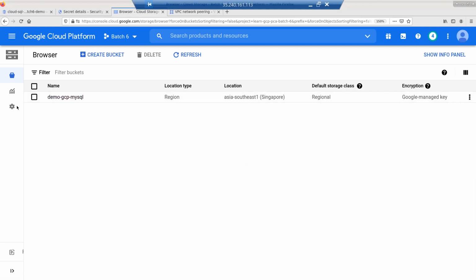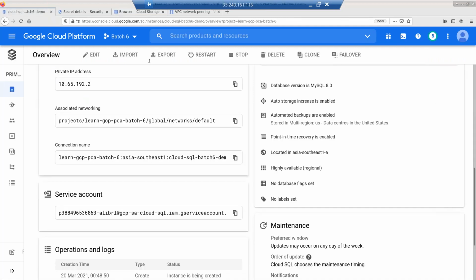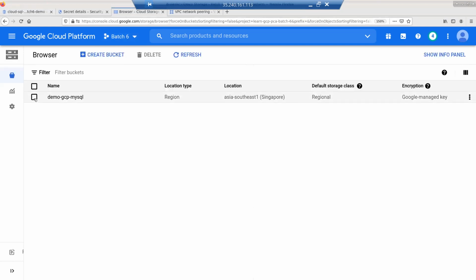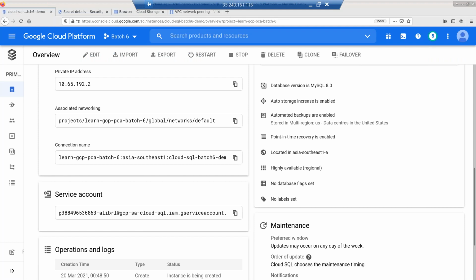So basically, what is going to happen when we do the import using the UI? There's an option to do import via UI, something like this: import, export, all those things. Currently it's not enabled because the instance is not fully up. Once it is fully up, you are going to see the import option enabled. So when I import from this, what's going to happen is that service account which I showed you, which is starting with